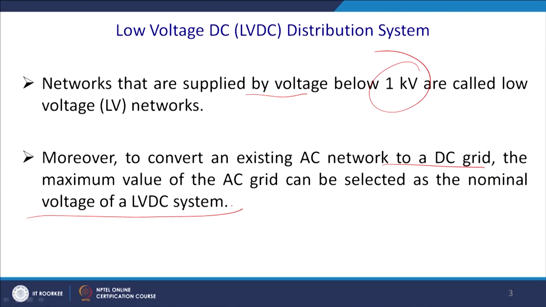So, if you take the maximum current handling capability of this DC, it will be root 2 times higher. So, the current handling capability for it will be more, and the LVDC distribution system consists of power electronics converters and the DC link between these converters.